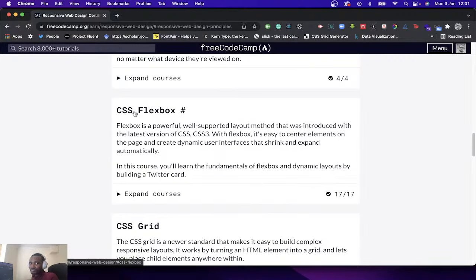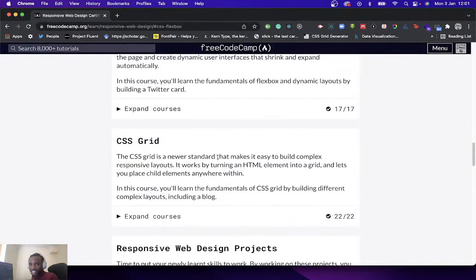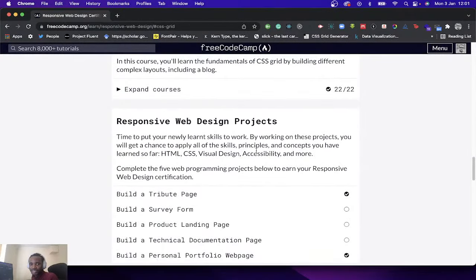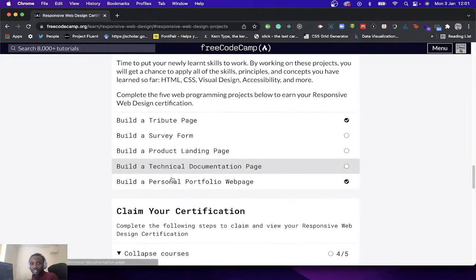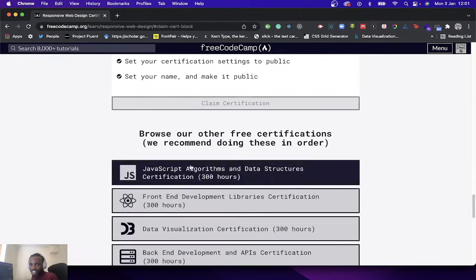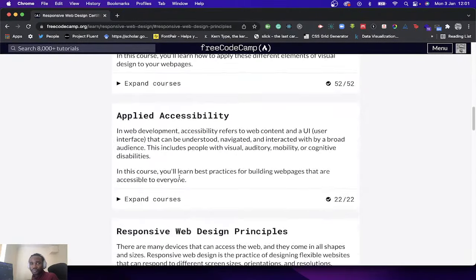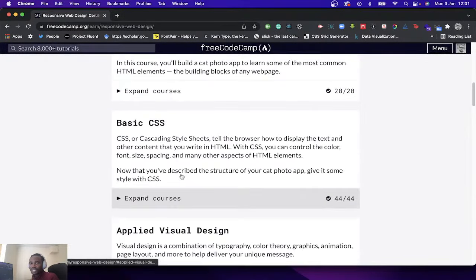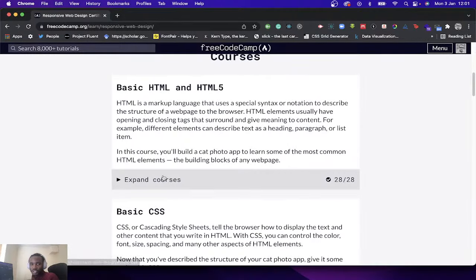And also we'll be working with CSS Flexbox, which is amazing for every front-end web developer to know how to use. It's really cool. And then CSS Grid also will be worked on, and the projects that you can work on are really cool. And then after that, you can get your certification. So it's going to be a long ride, definitely, but I'll try as much as possible to make it a fun ride and a learning ride.